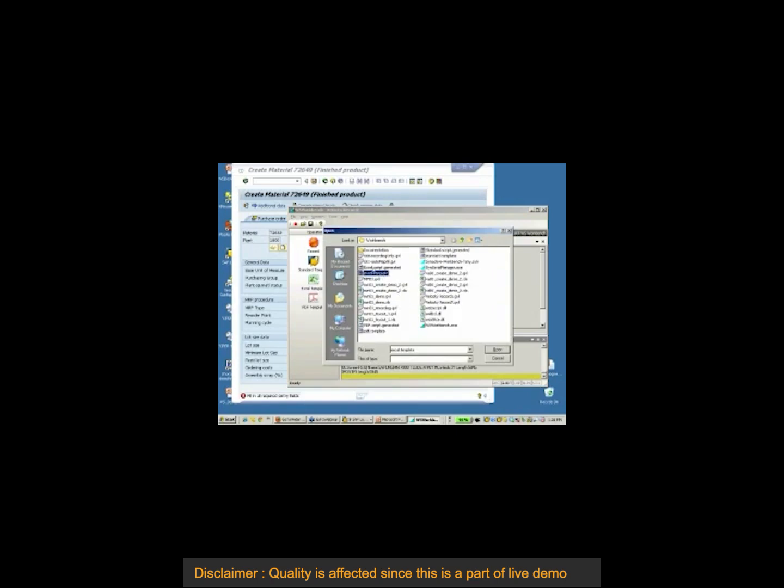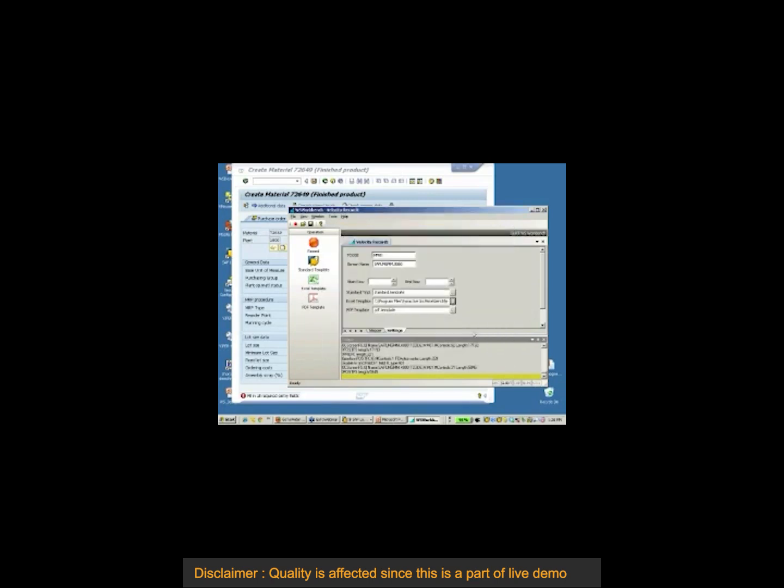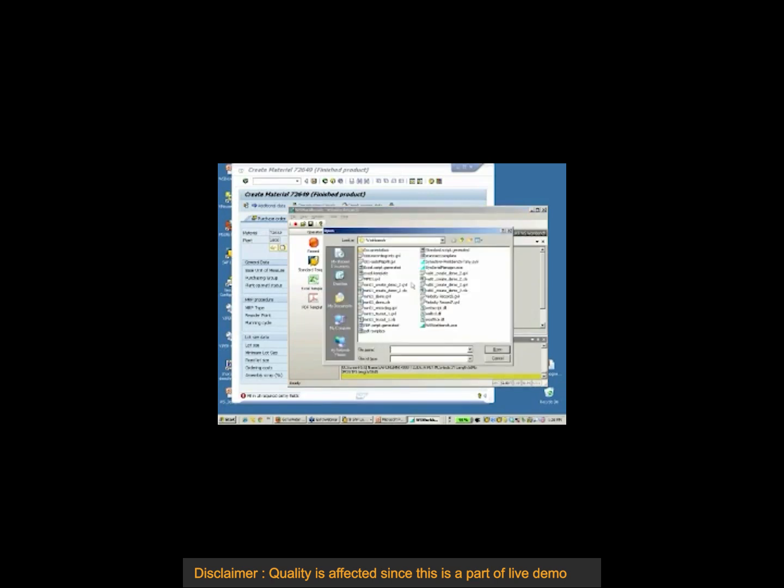Okay, so it actually didn't find my Excel template, so I'm going to tell it where it is. So I'm going to tell it that the Excel template is in my Workbench directory. My standard template is also going to be there. When I can find it, oh, there it is. Okay. And my PDF template